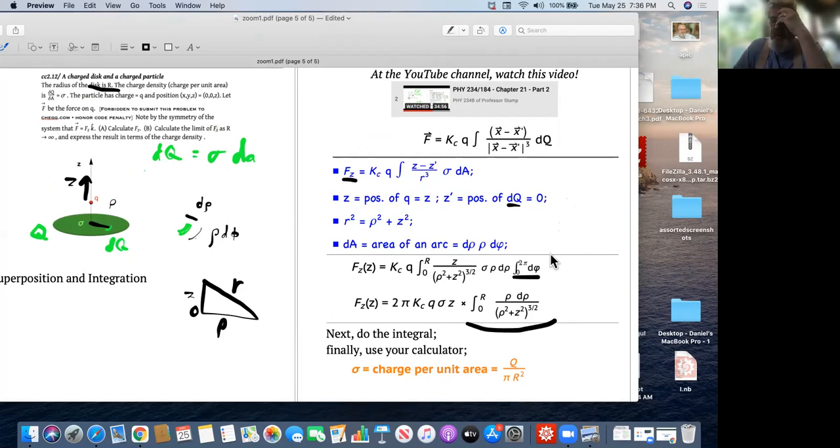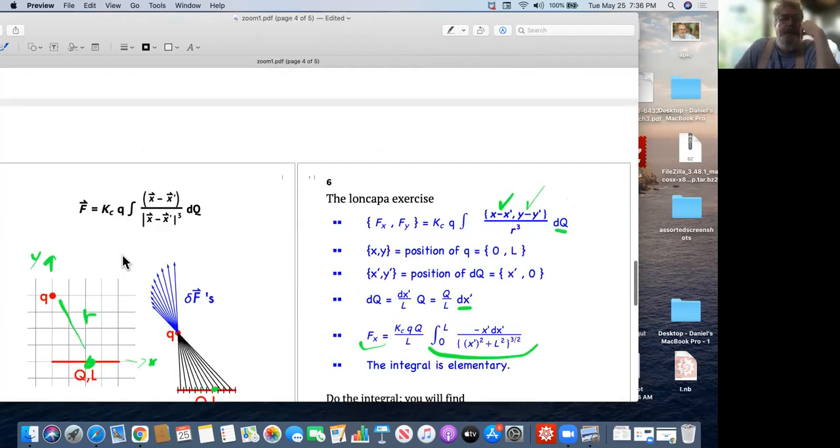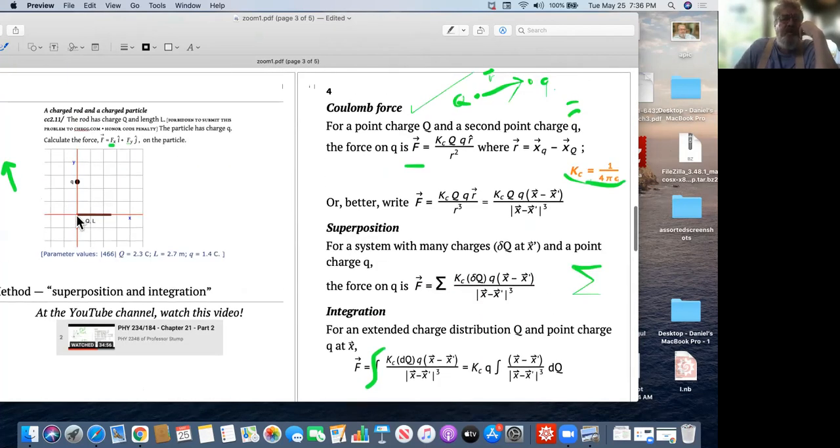Is the distance between Q and the origin equal to L? Yeah. I mean, look at the picture. This distance is L. It's 2.5 boxes. What would the pure number be? Ah, well, that's where you have to do the integral.